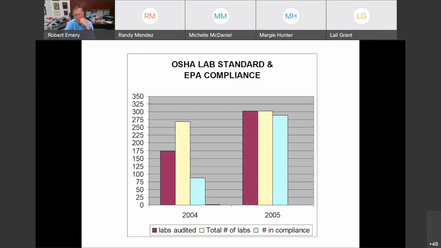She was bemoaning to me, I was up there with their program, that they had started this OSHA lab and EPA compliance routine where they were going out and checking all the labs. And she said upper management didn't understand what they were trying to do. I said, Matt, that was her nickname, part of the problem is I'm in the business and I don't know what it is you're trying to do. This graph isn't telling me anything. So let's talk about this graph.